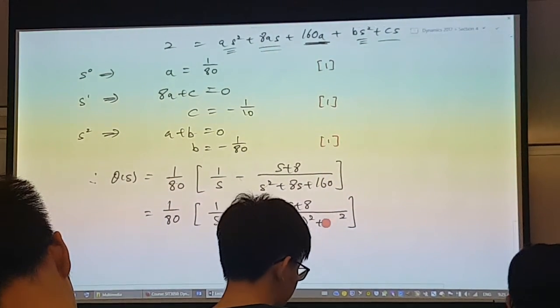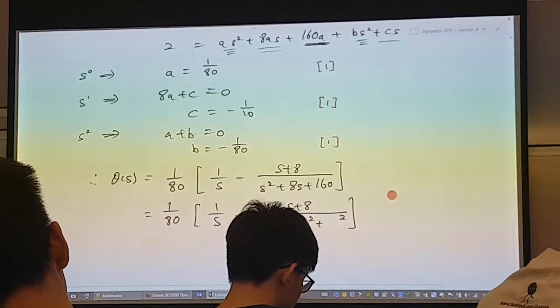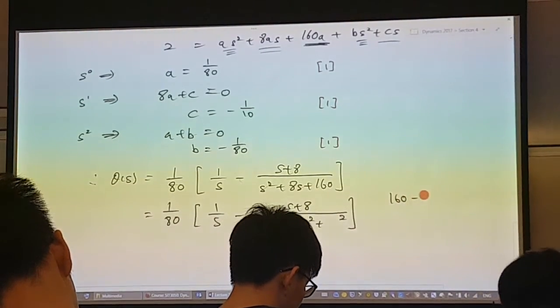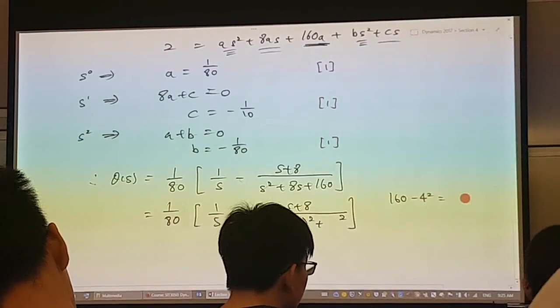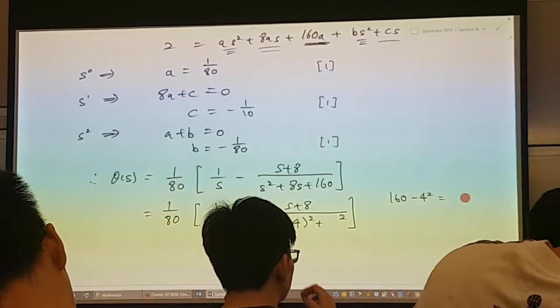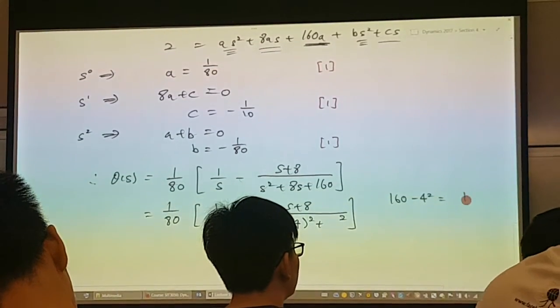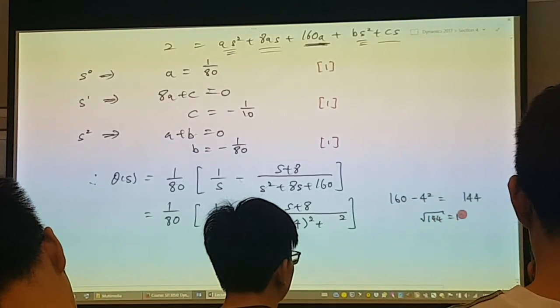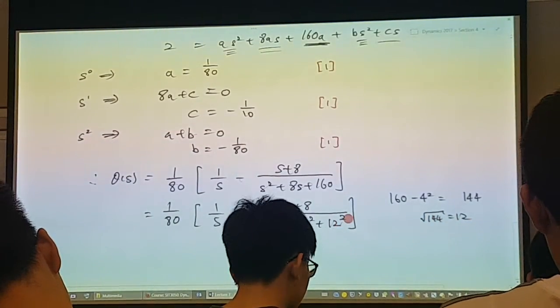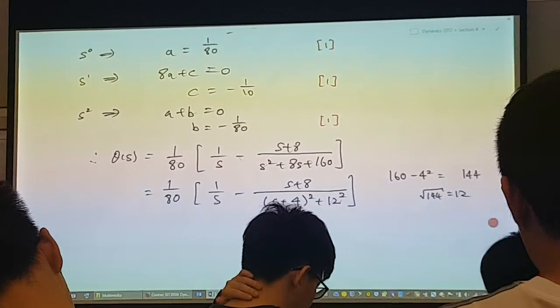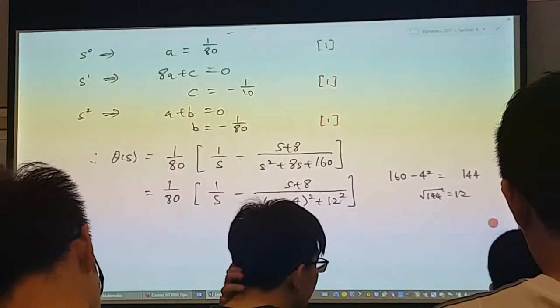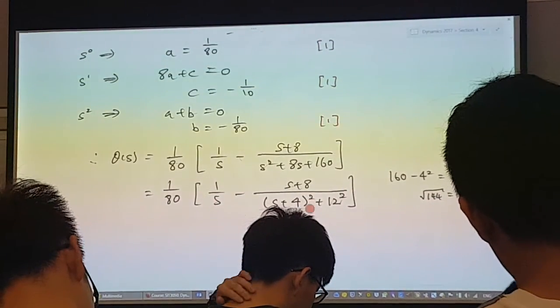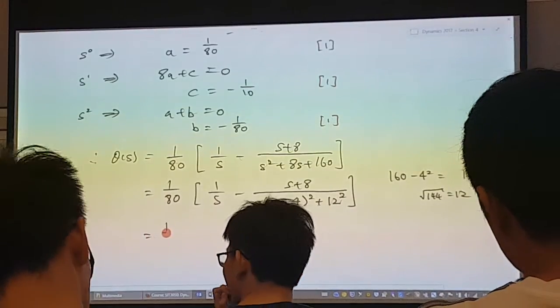So in order to find out what this number over here is, you take 160 minus 4 squared. And what do you get? 144. Take the square root of that. 12, so this is 12. That's the technique. So now that you have that,